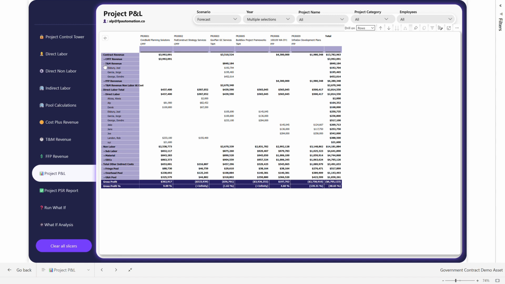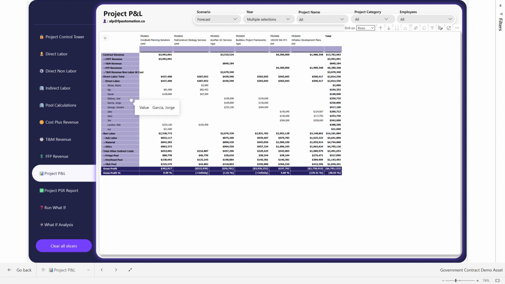We're currently using the Acterys reporting visual, which allows us to see all the various contracts and then a revenue breakdown and cost breakdown of each of these projects from a labor, non-labor, as well as total indirect cost standpoint. So all the hard work that we've been doing across all modules is starting to pay off in real time, where we can immediately see a projection of what our total revenues look like across